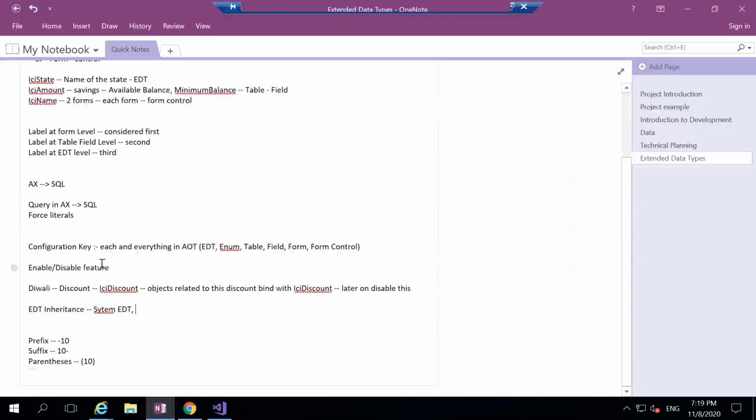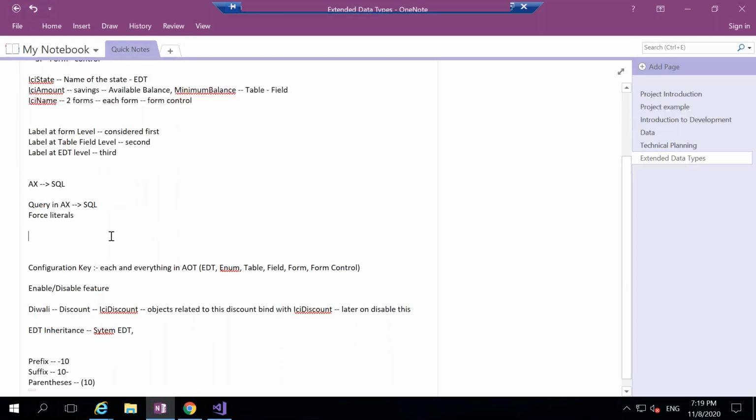Now, when you are working with these force literals, I would explain them along with the select statements, but I will just explain how it works. Let's say you wrote a select statement: select table 1 where table 1 dot test equal to some value, say 14. Now what AX will do is convert this statement into